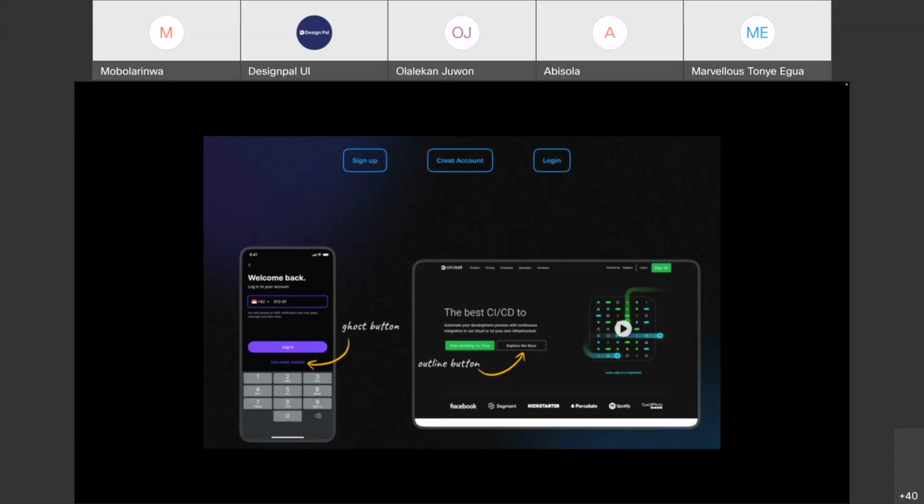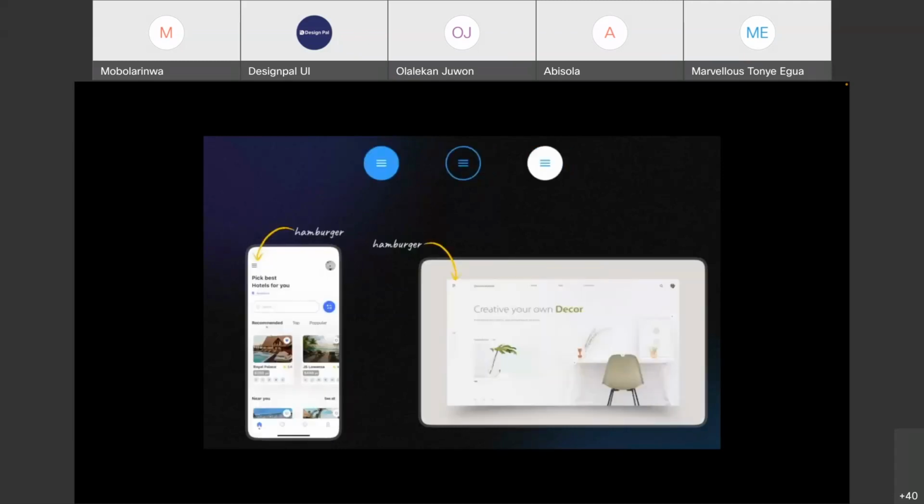So the next one I'll be talking about is the Hamburger Button. So a lot of people are used to seeing hamburgers. I'm sure if I ask all of you, have you seen a hamburger somewhere or not? Yeah. So hamburger menu is the button that actually hides all the menus,